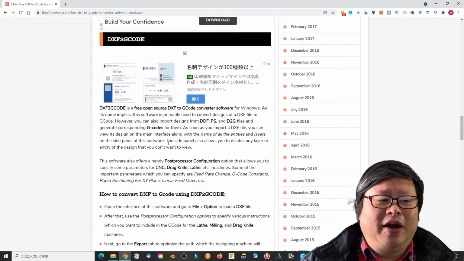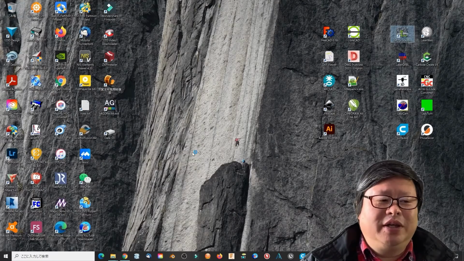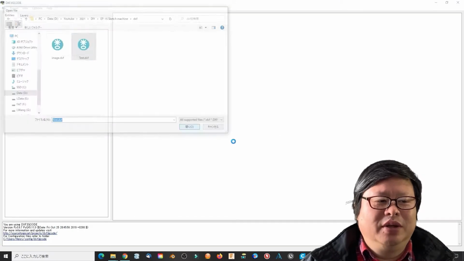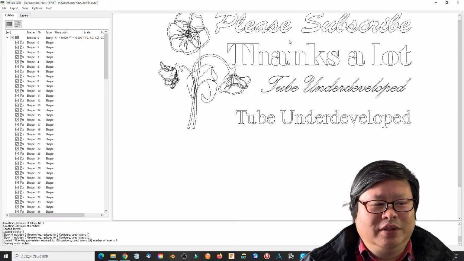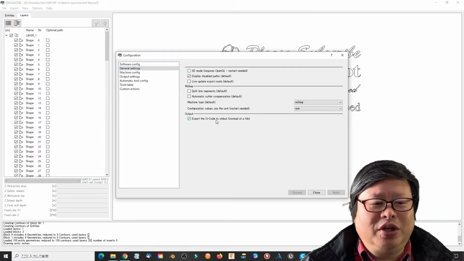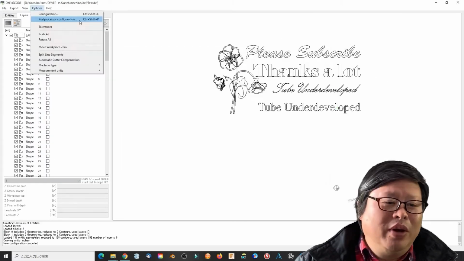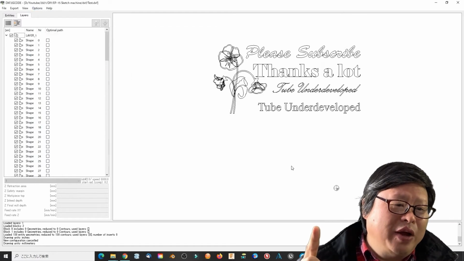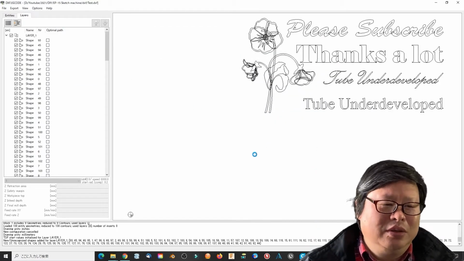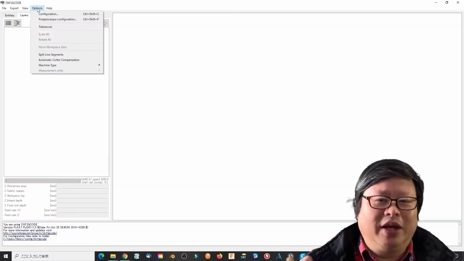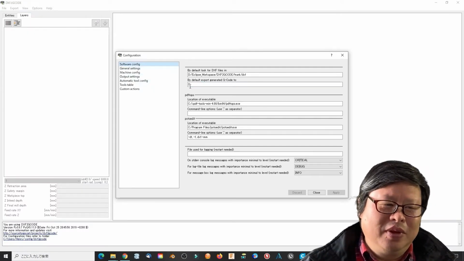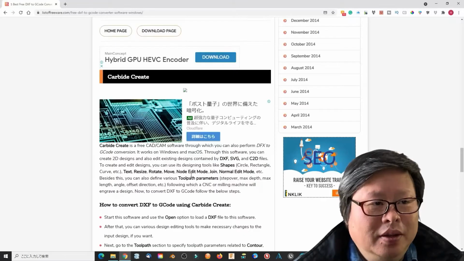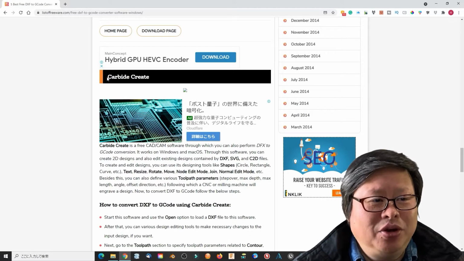Check DXF file to G-code. It gives me neat, clean windows. Open DXF file. It looks good. It can even change the home position, etc. But when I chose output to the G-code file, the software crashed. Try it again. Crash again. This software doesn't like me at all. I don't know why it happened. Okay, we still have other choices.